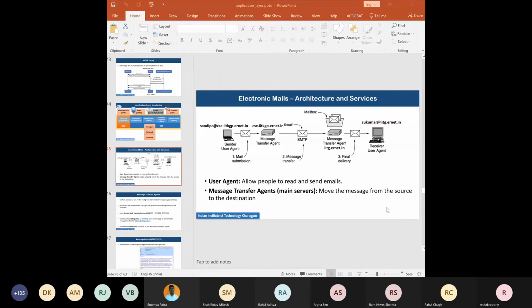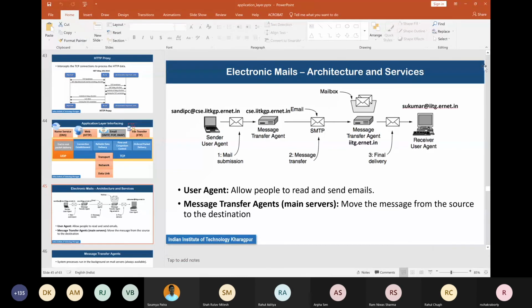Okay, then the question that we started with: what is the difference between VPN and proxy? VPN is a completely different animal. I don't think we'll be able to cover VPNs in this course. VPN uses something called network layer security. It uses something called IPsec, which we will not go into in this course. We'll not have time. Not that it's an unimportant topic, but it's a network security topic, and I don't think we'll have time to go through it.